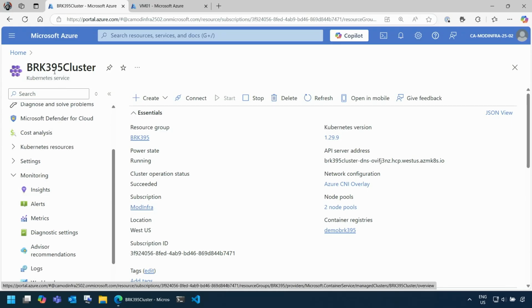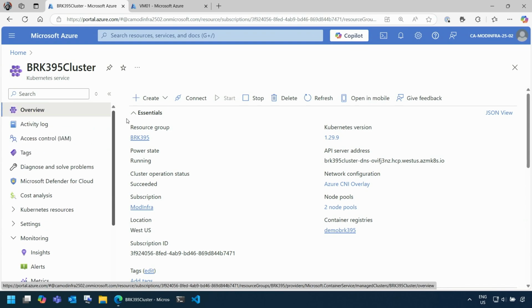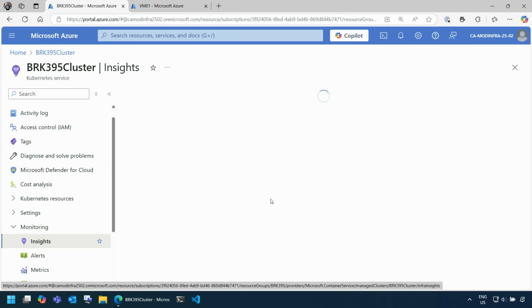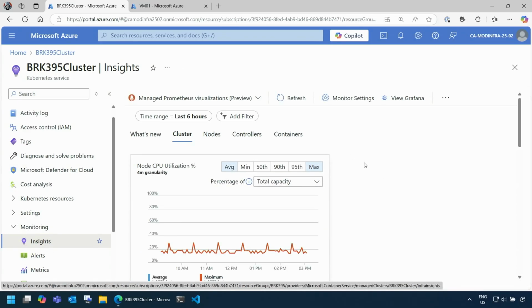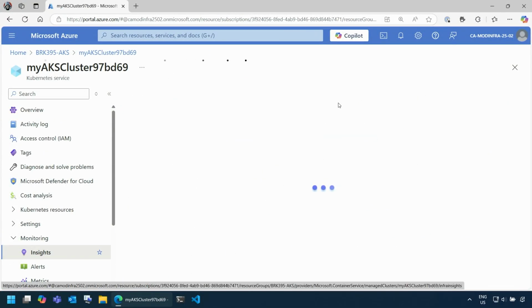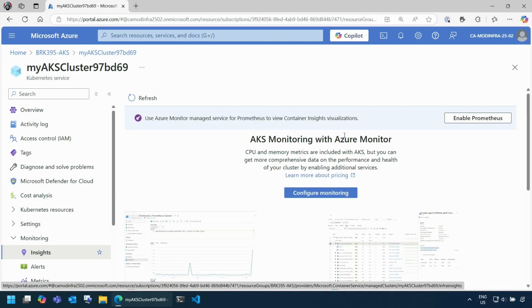So I got to my cluster here. It's the same cluster that you deployed, or one like it, because I used your code and I just deployed it into another resource group because it's fast and portable. And now I go to my insights. Oh, this one is already running. Let's go to the one that's not running, because this is kind of a cooking show. So I go to my insights on the one that's not running, and I want to enable or configure my monitoring.